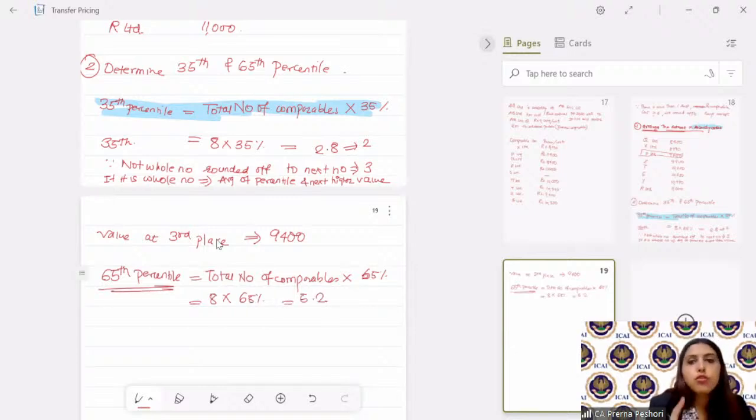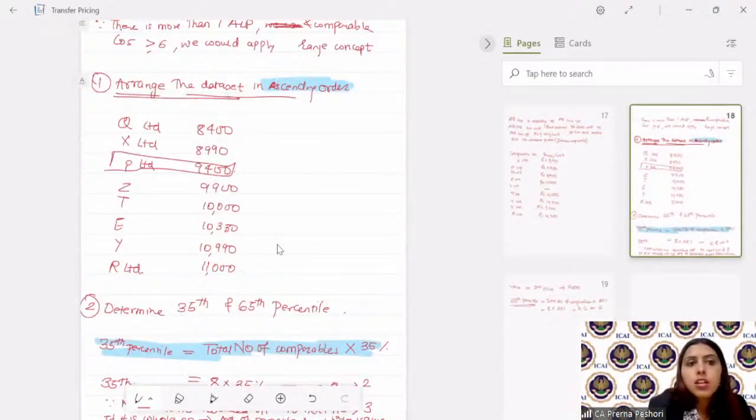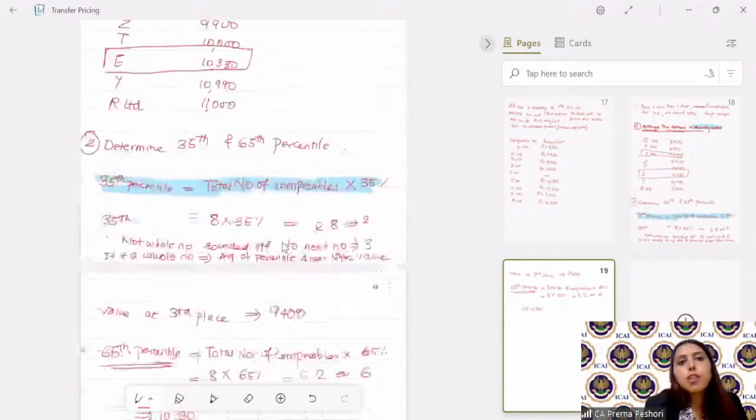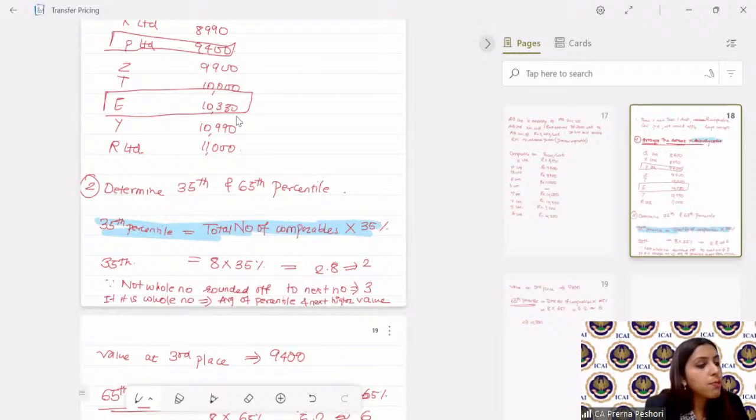So you will round it off to 6. Now at the 6th place, you have 10,330. So your range is between 9,400 and